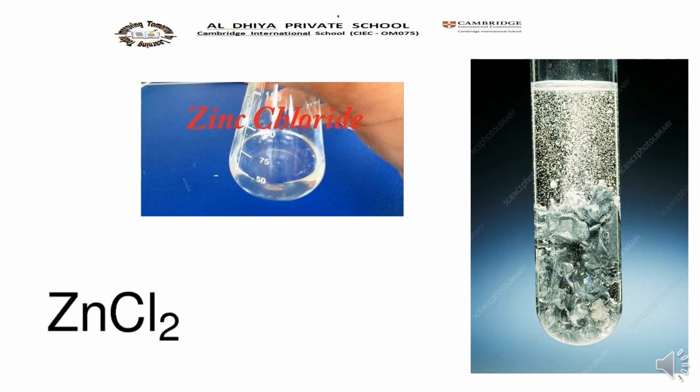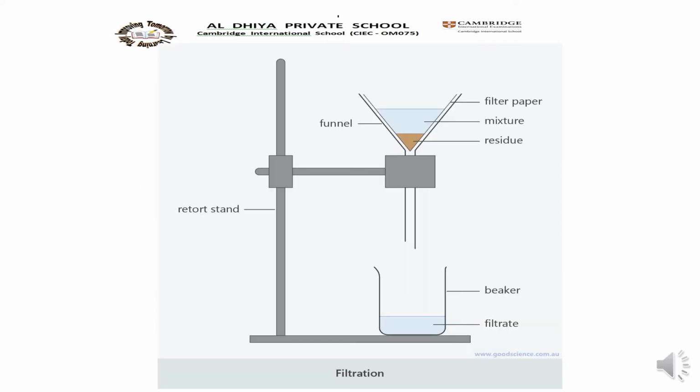The bubbles are no longer produced and some metal remains in the flask. The contents of the flask are poured into a filter paper in a filter funnel. See the picture. The zinc metal remains behind and the liquid passes through and falls into the beaker. The liquid is poured into an evaporating dish and heated gently until some solid appears.